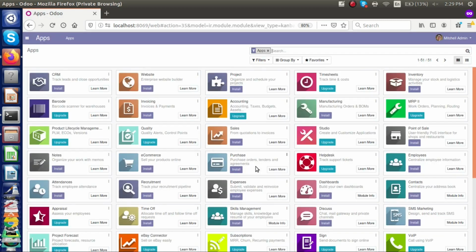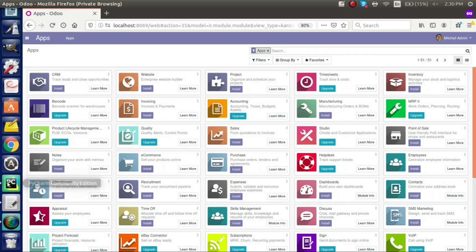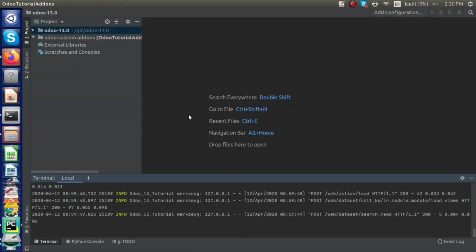So this is the Odoo server logged in, which doesn't contain any custom modules for now. Then we are going to create a new custom module for this server. The first step is to create a new folder in your workspace. Usually this folder will be the project name. Under this folder only we are going to create our custom add-ons.